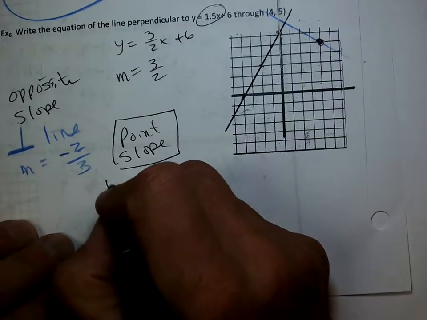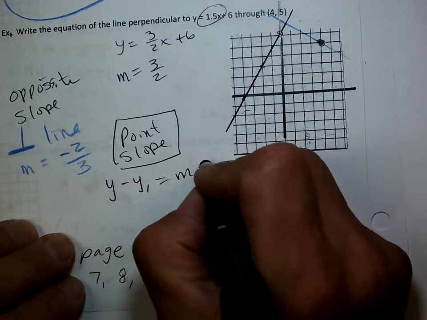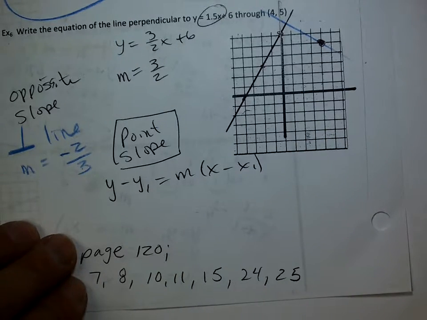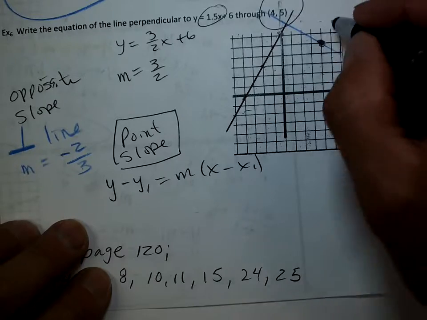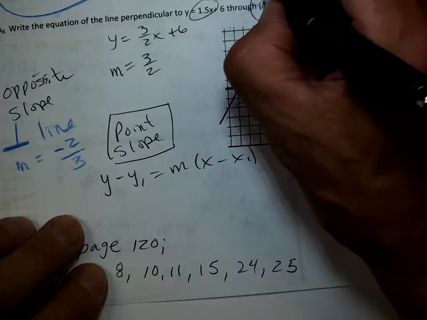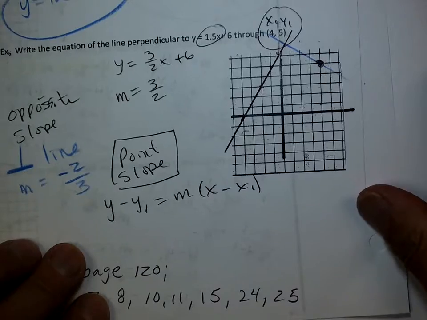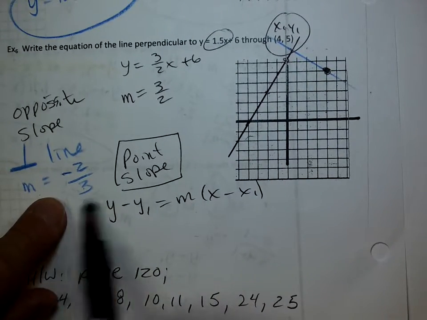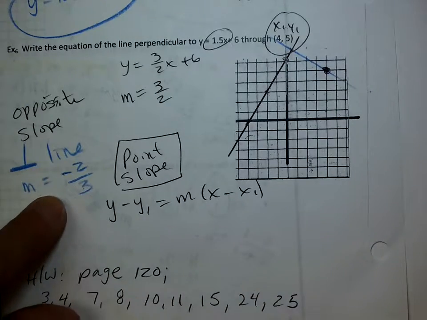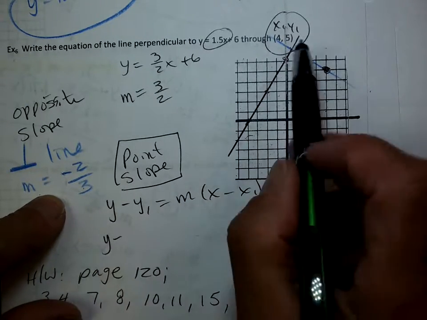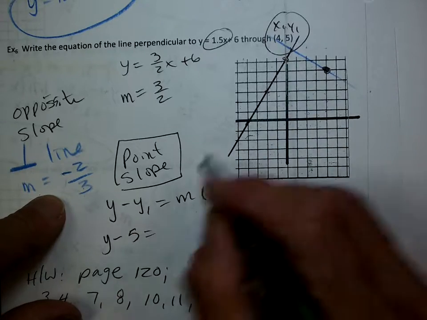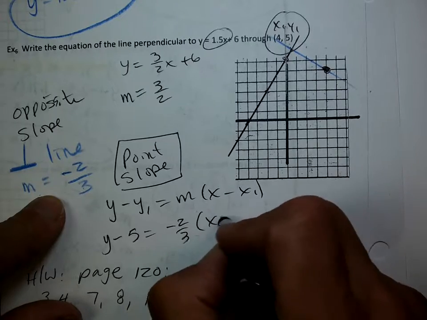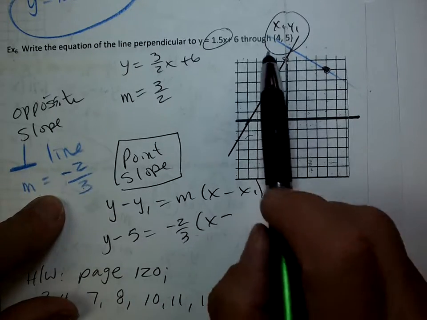All right, that is my y minus y1 equals m times x minus x1. That's the one I like. Okay, I need a point that it goes through. Well, that's easy. It's 4, 5. Okay, it goes through 4, 5. So my x1, y1 is my 4, 5. So I can use this one. And I have a slope. I have to use the perpendicular because I'm looking for the blue line, so I use its slope. So let's plug it in. Y minus, see, y1 is 5. So put in the 5 because that's y1 equals m, which is a -2/3 times x minus my x1,